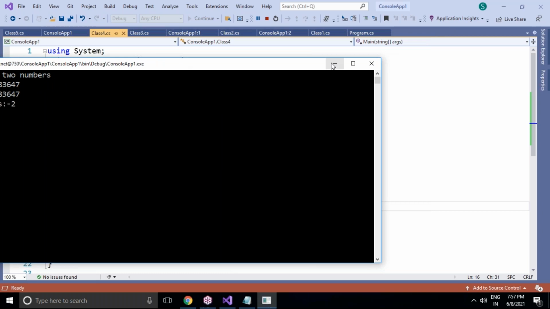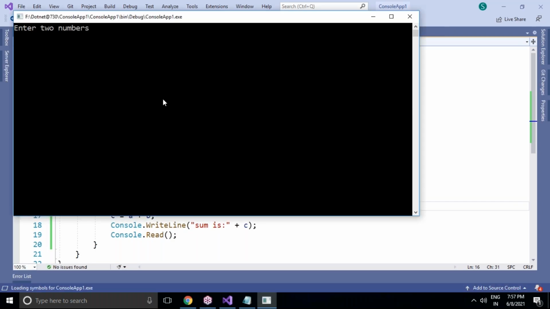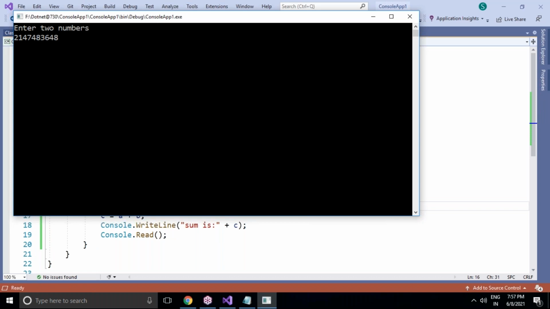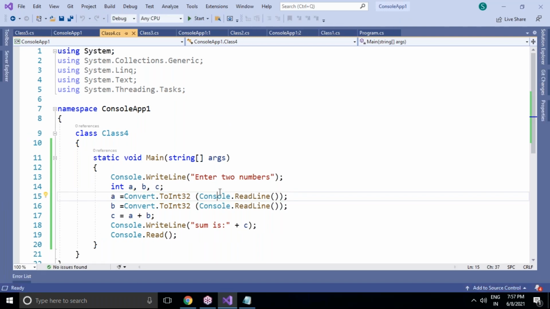Now you can see if my range is exceeding more than that, it's not possible here for the sum of two values. So based on your given range, it will work.